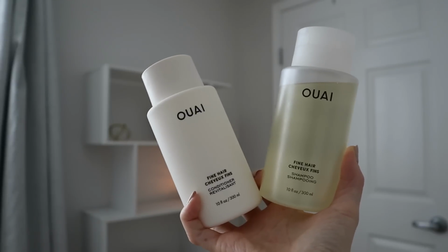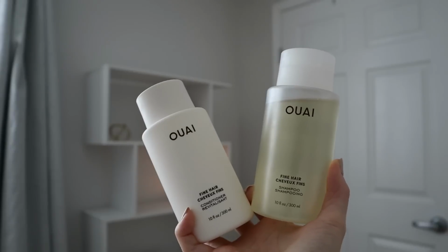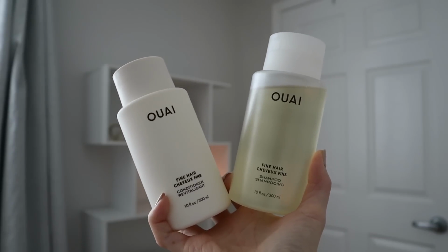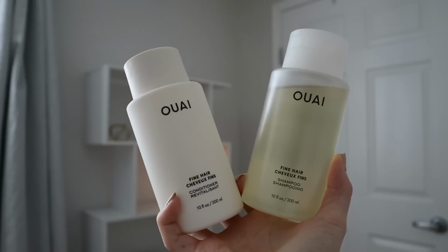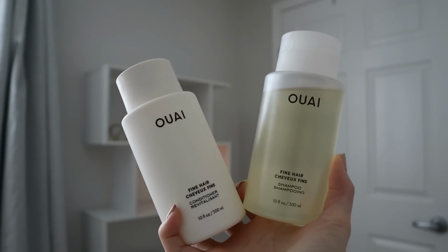It has a very subtle, maybe subtly fresh, almost florally woody scent, but very, very mild. So the scent is not strong, which is actually nice. I think it's good if people are sensitive to fragrance things on their scalp. Because this is for fine hair, and I have fine to medium hair, this shampoo and conditioner, honestly,